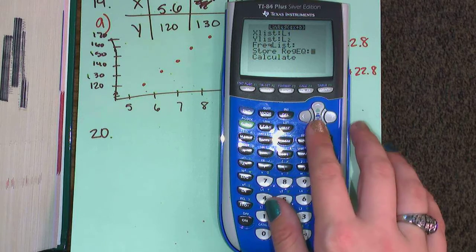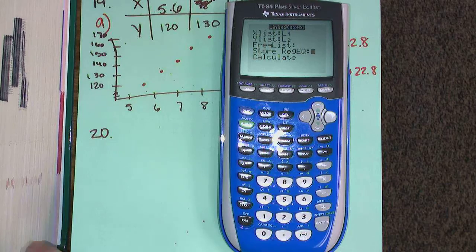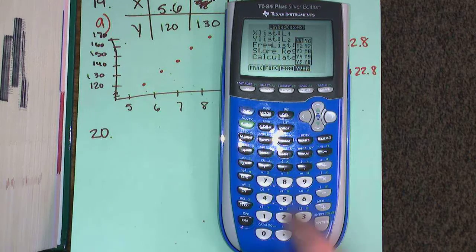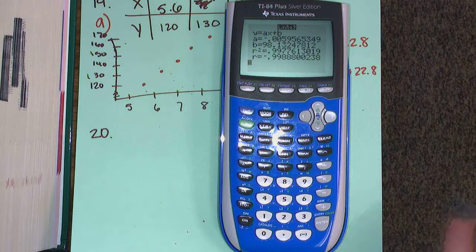Yep. How do I store it here? Alpha trace, pick your favorite Y variable. Calculate. So these problems here, 20 is asking for the equation, and then it wants basically a rough sketch of